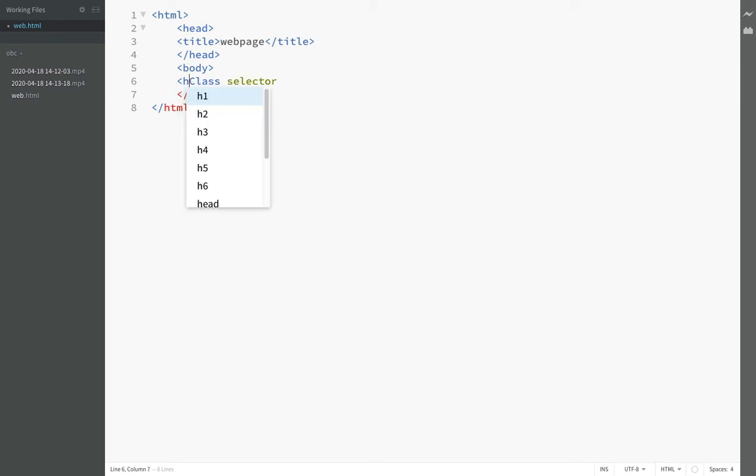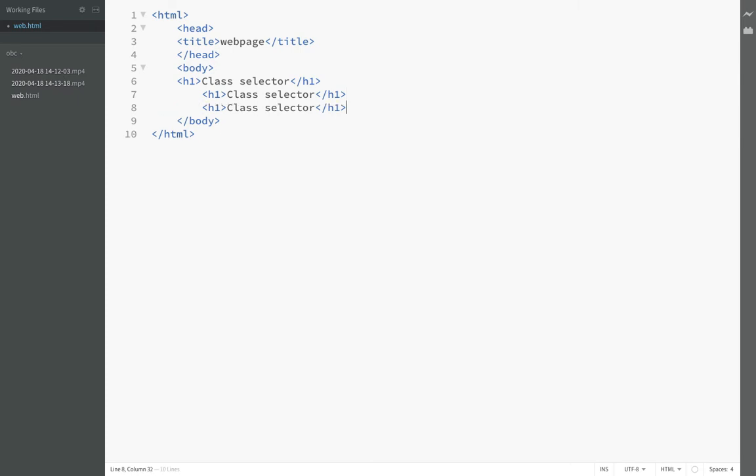Let me use my h1 tag here, and let me copy this. I'm putting it here, you can see there is a class selector under h1. This one I want to repeat a number of times. Second time here, third time, fourth time, fifth time. Okay, so I'm using this h1 tag 5 times.